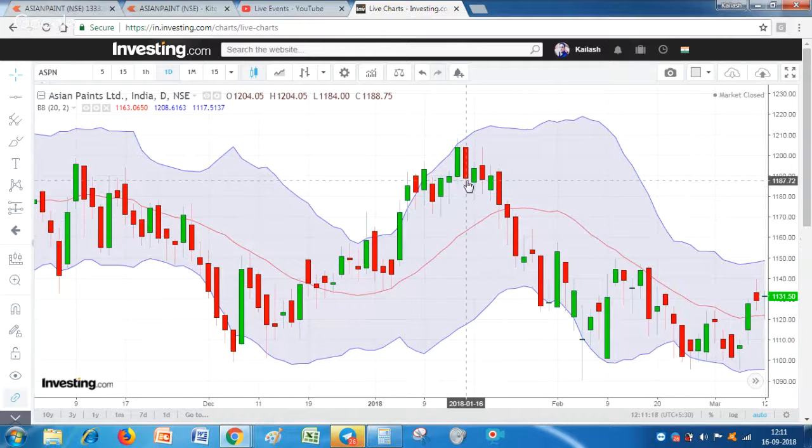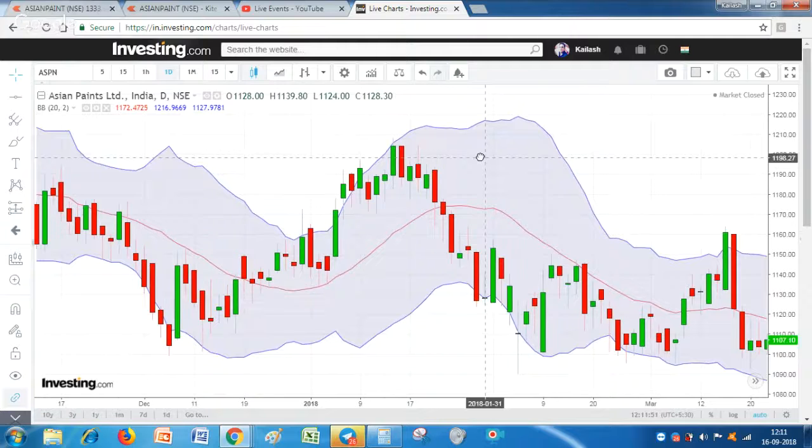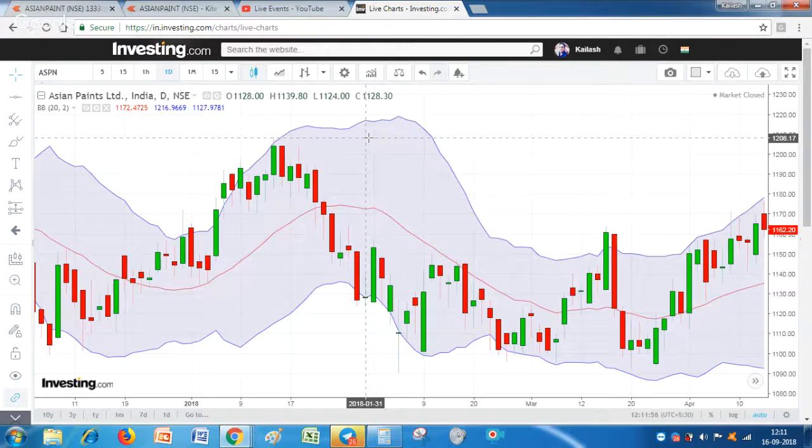So friends, before entering this trade, if you are selling this stock in futures, we have to check how much reward I can get. The first target should be at the median line. At the median line, the level is 1166, sorry, 66 actually. So friends, before taking a short trade, we have to decide how much risk and reward there is. It is giving us approximately equal risk to reward, so we should not go and sell it. This is not a viable condition to sell. Okay friends, so we have to understand such things and play accordingly.